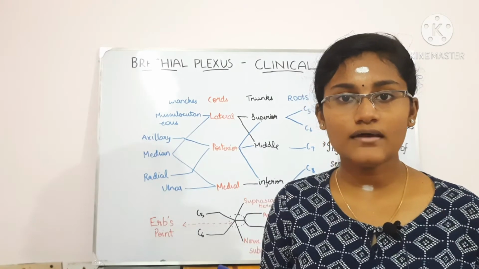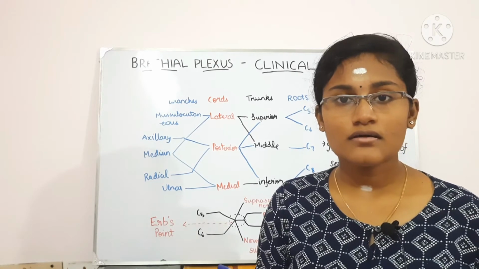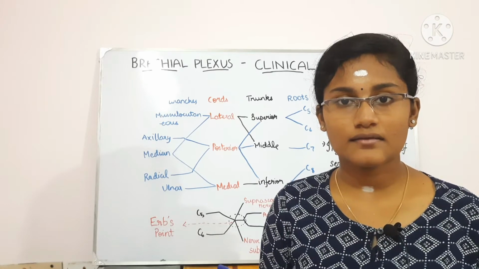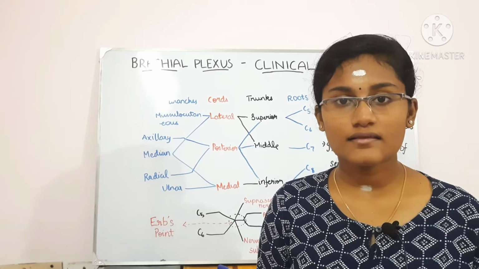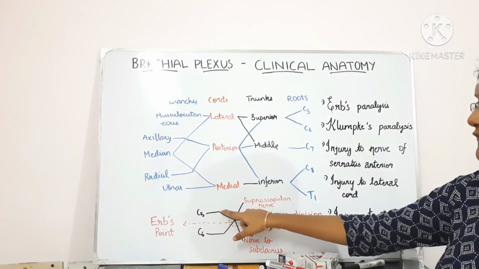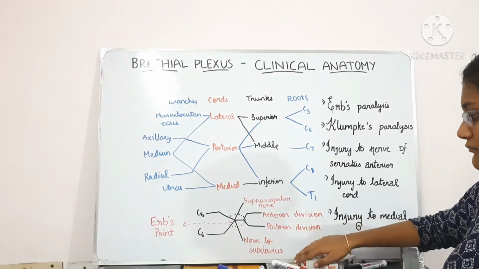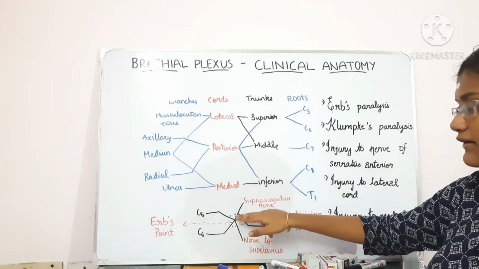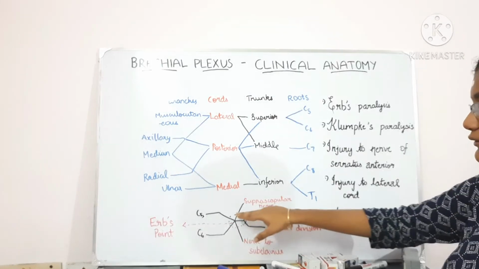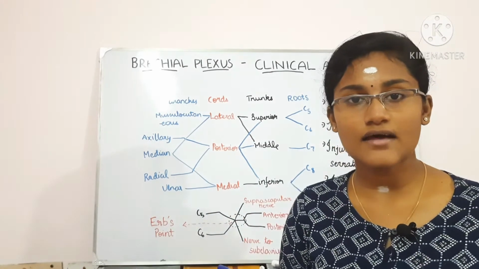Now let's talk about the first thing in the clinical anatomy, that is the Erb's paralysis. Okay, so the Erb's paralysis occurs when there is injury to the upper trunk of the brachial plexus at the Erb's point where 6 nerves pass. So this is the Erb's point. So the root of C5 and root of C6 are over here, and then the nerve to subclavius and suprascapular nerve also coincide here, and the anterior division and posterior division of the superior trunk also coincide here. So those are the 6 nerves that are passing through this region, and if this region is damaged,